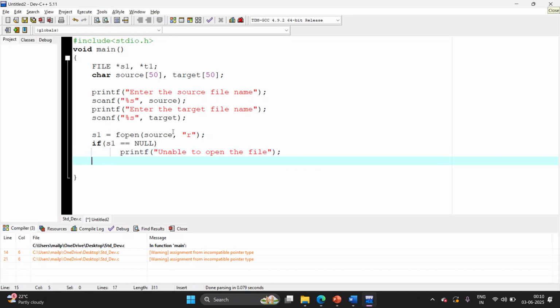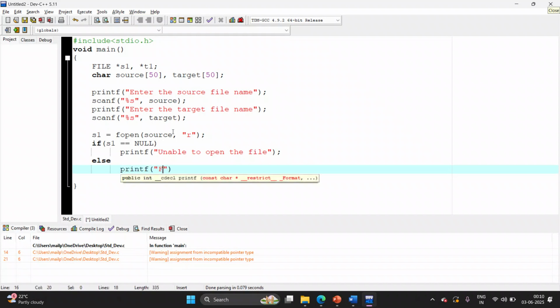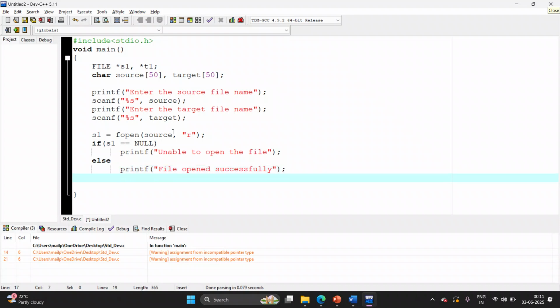Else you can printf file opened successfully. Okay, the file has been opened. Now you need to start reading the characters and keep